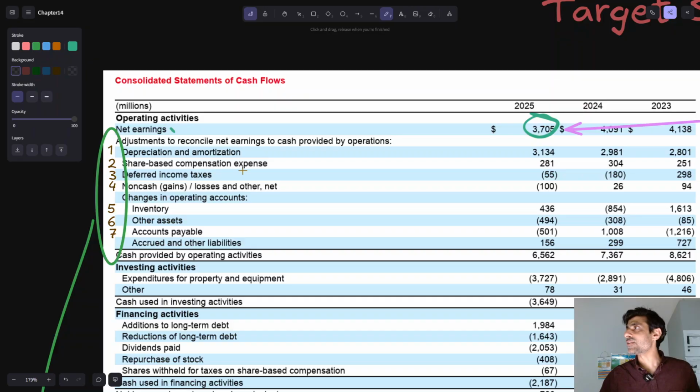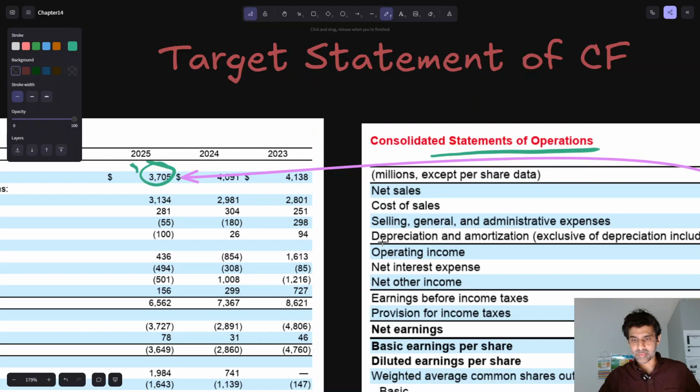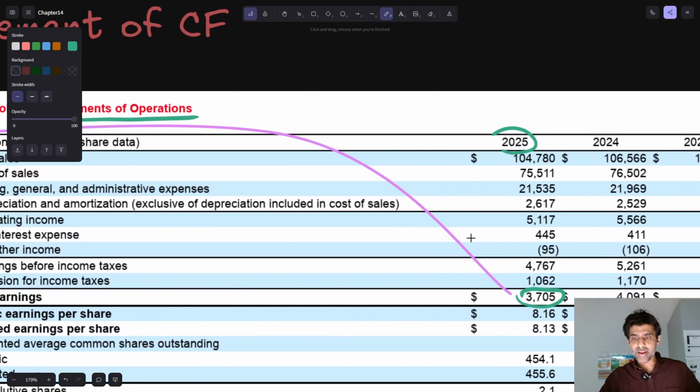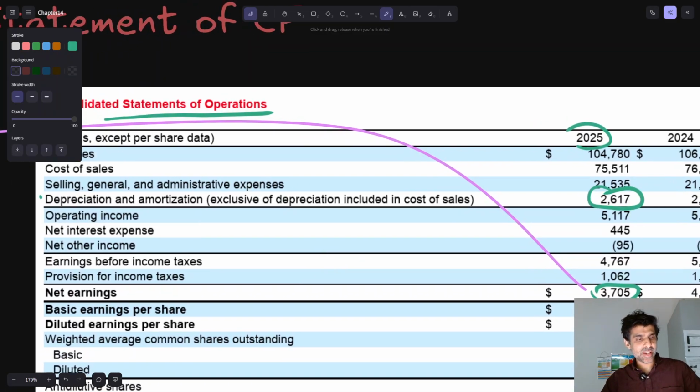This is the operating section of the statement of cash flow. But remember, we're starting with net income. There's a bunch of stuff that are non-cash in here, right? Including depreciation and amortization. What are they missing here? They're not saying it explicitly, but exactly. So we would expect that this is how much depreciation and amortization is on the income statement, because we're starting with this net income and we're adjusting it. Okay, so let's look and see. So you can see here that it's a different number. Okay, this is depreciation and amortization,